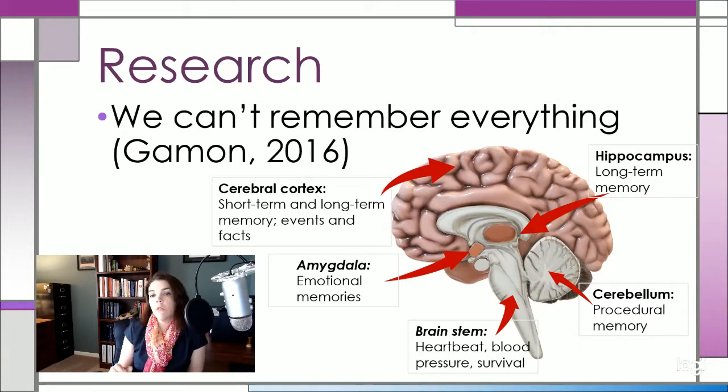But I think in general, it helps to remember that the things that we need to do instinctually are often processed down here at the bottom of the brain, and the things that we have to think about are processed up here at the top. And so this all becomes important when we talk about how do we remember vocabulary? What are the tricks and tips to making your vocabulary learning long-lasting?